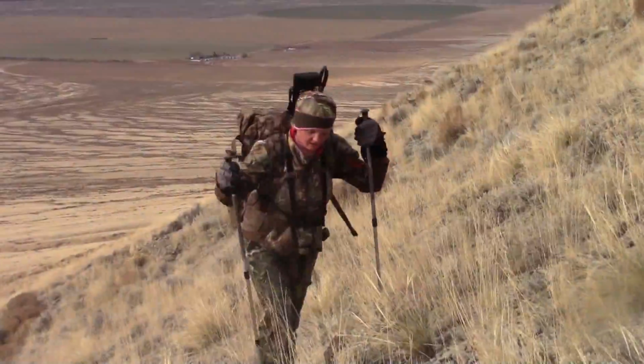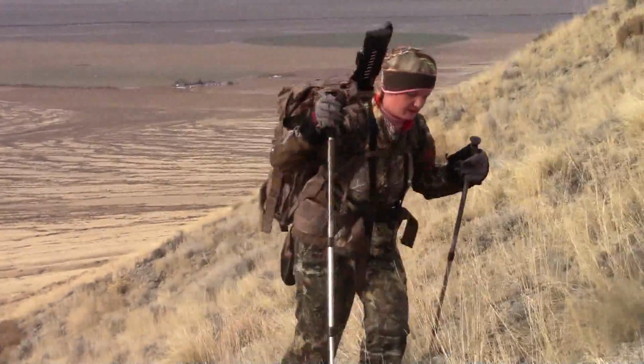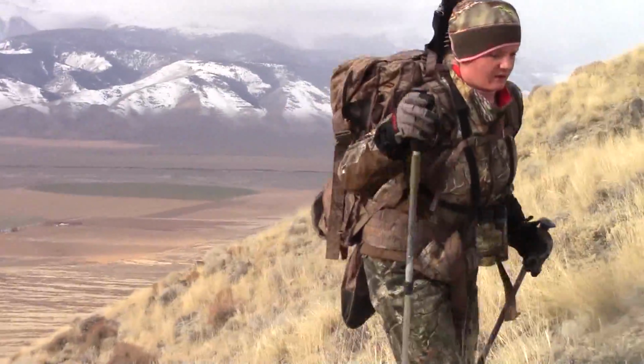So it's 2 days later. We've spotted a herd of elk on the mountain, and it's pretty stormy and it's freezing. So we're gonna bundle up and go get some vantage points to see if there's a big one in the herd. As you can see, the snow had melted off some of the lower elevations, but the story today was